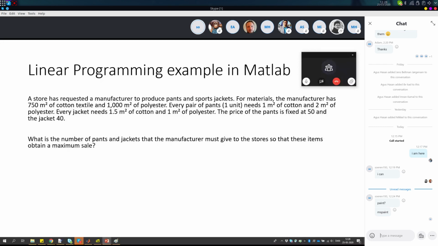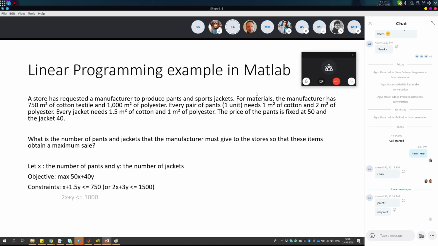The first one is the simplex method, and the second one is the interior point method. Okay, last week we already have this kind of solution, and if you want to do it in MATLAB,